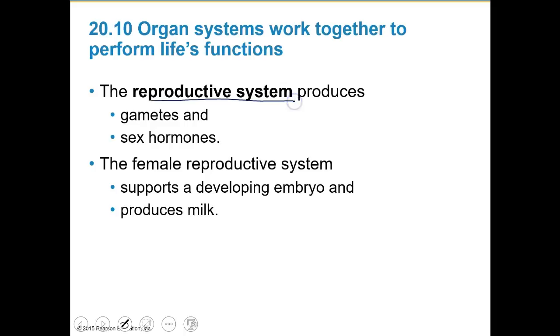Reproductive system produces gametes and sex hormones. So those are things, at least gametes, we've talked about before. So how does your particular animal produce those gametes? How does that happen? Is there internal or external fertilization? Those things can be different depending on the organism. The female reproductive system supports a developing embryo and produces milk. Okay,